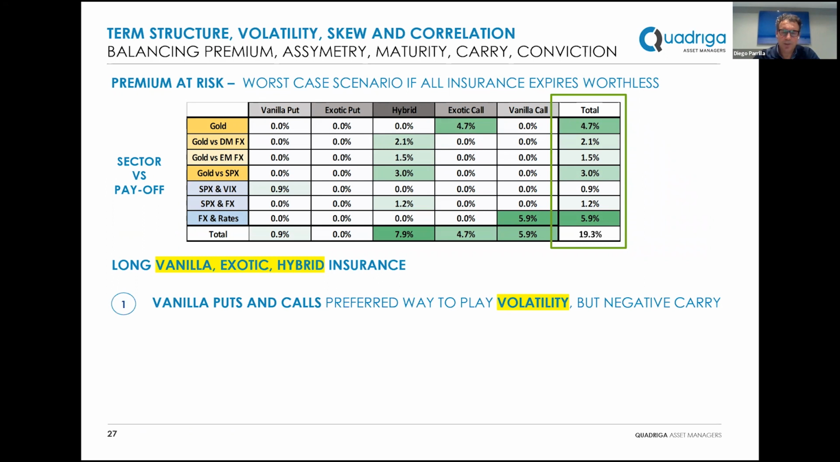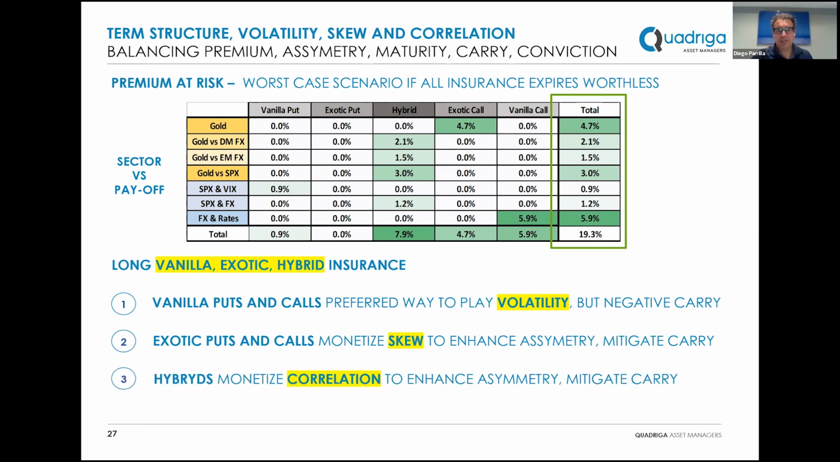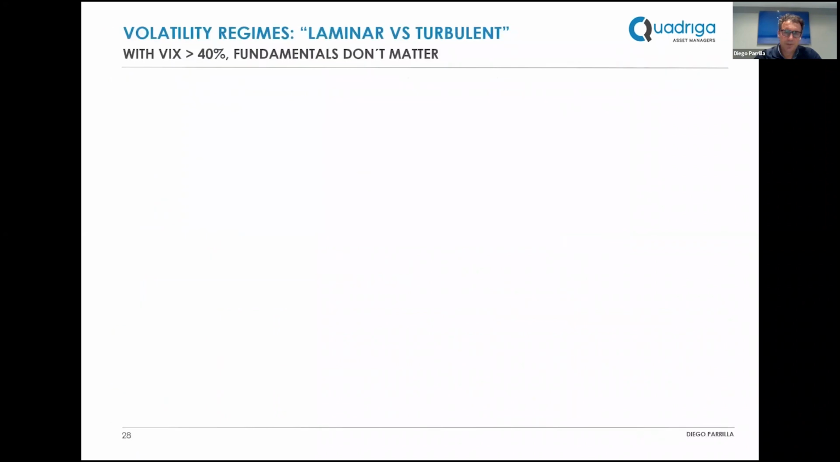We saw how vanilla options are always favorable, which are a very clean play on volatility and direction, but often these are expensive, and that's why we also use more exotic and hybrid options, which take advantage of things like skew or correlation. So it's critical here to understand volatility and